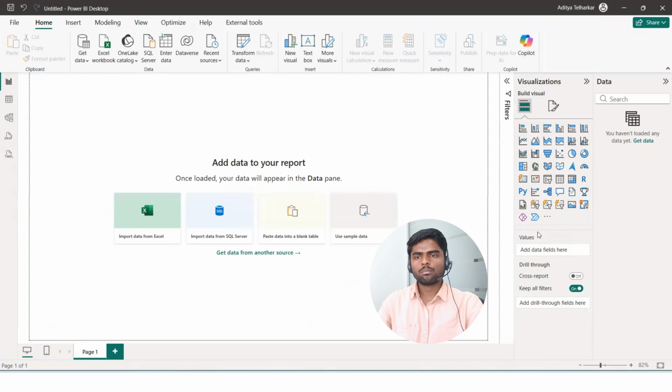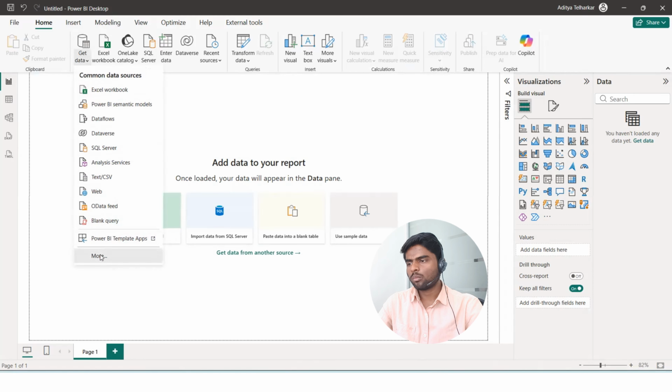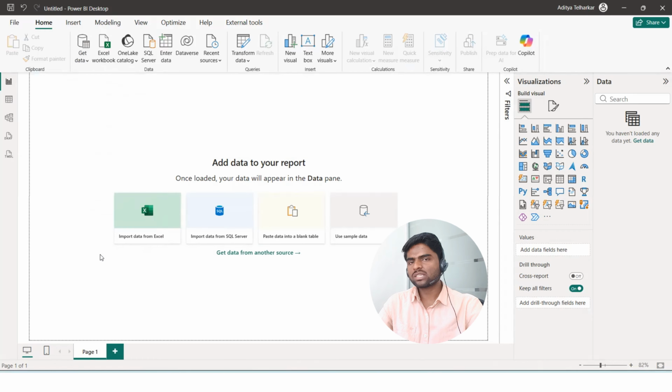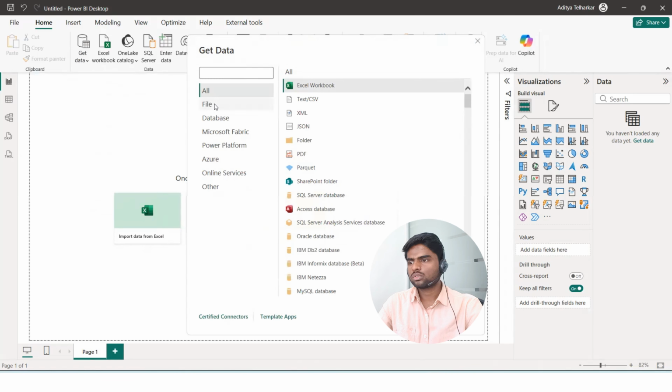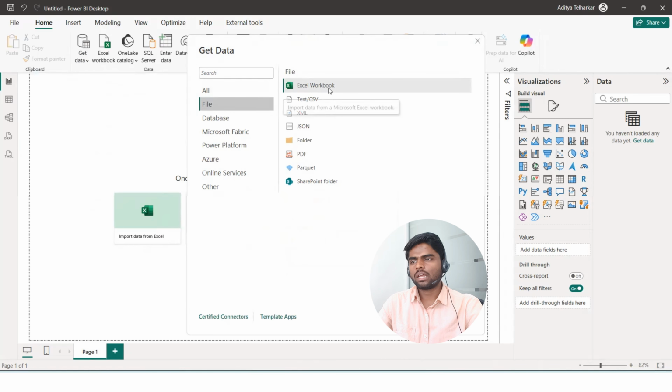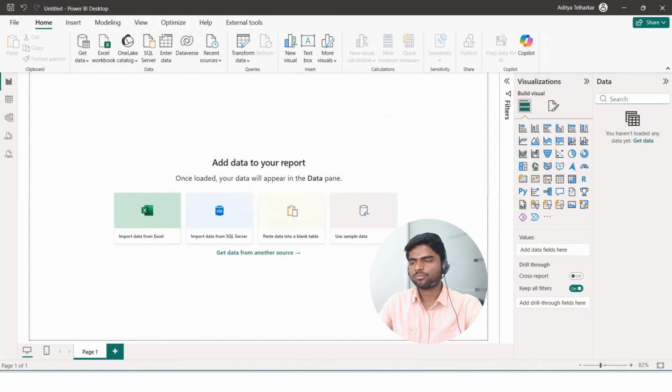Now, I have opened this blank Power BI file. Here we have not loaded any data so far. We have to load the Excel file into this blank report. The first approach to load an Excel file to Power BI is by using this tab, or the best approach is clicking on Get Data, More, and as we are loading data from a file, select File here, and our data source will be Excel. So select Excel,